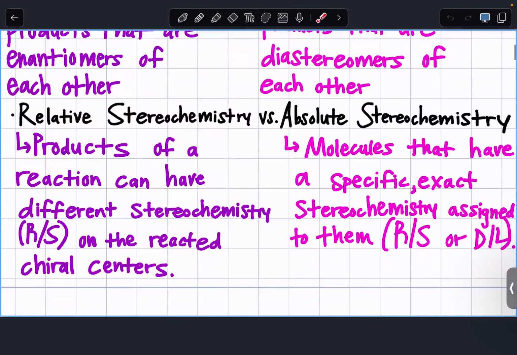Now let's go over relative stereochemistry versus absolute stereochemistry. So absolute stereochemistry is talking about molecules as a whole. So they will have a set R and S chiral center where like the molecule could either be dextrorotatory or levorotatory, and we determine that through lab techniques. Relative stereochemistry is more about like the reaction where, let's say, for example,